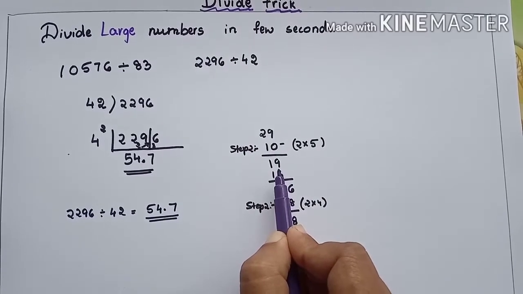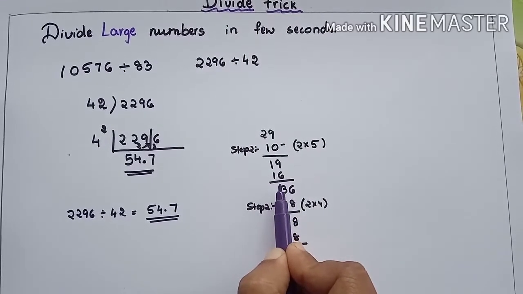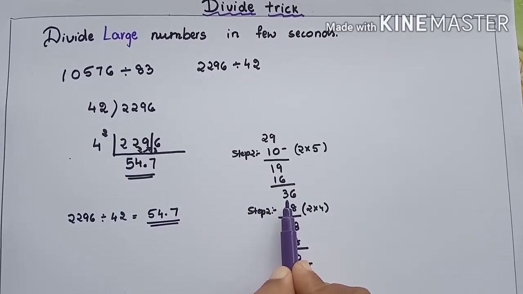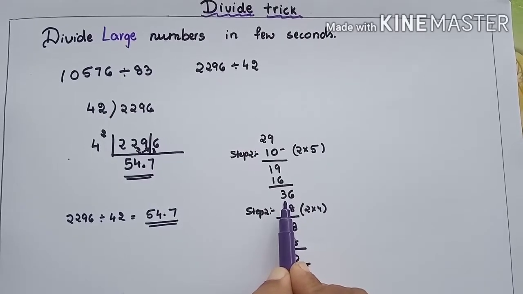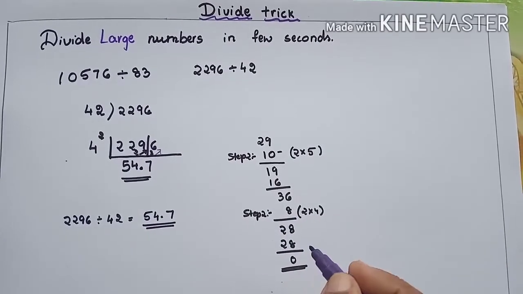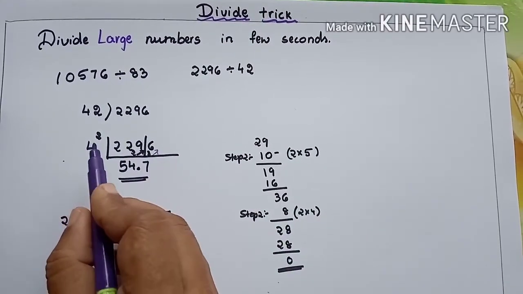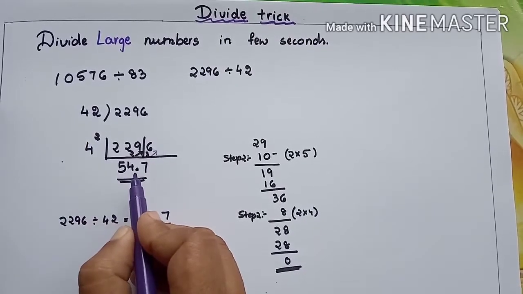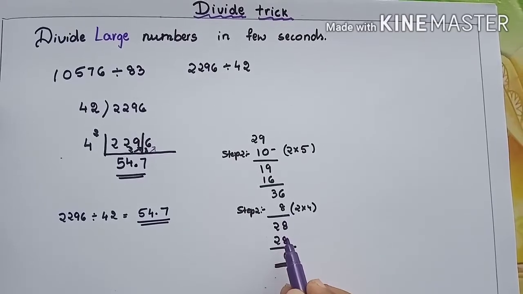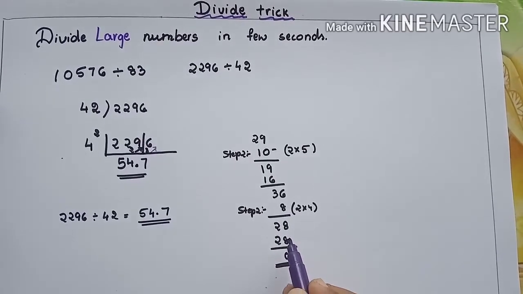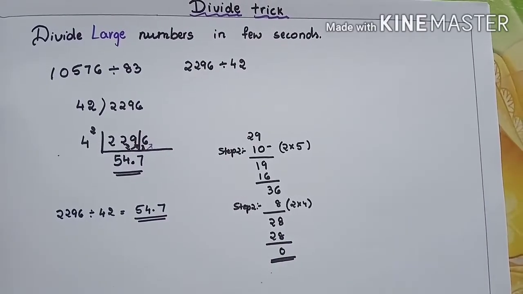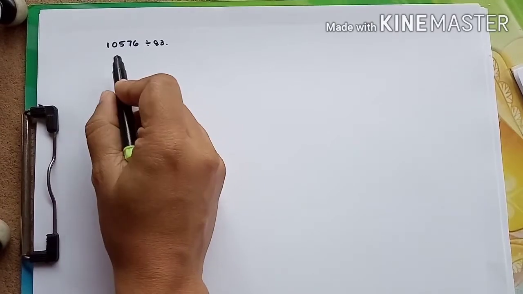22, 2 is the carry over, 29 minus 10 I did, 19 you get, 4 4s are 16 we have written, again 3 is the carry over, 36 we wrote, again step 2 is done, that is the quotient is multiplied by 2. 2 into 4 is 8. After that we subtracted 8 from 36, 28 we got. 28 is divided by 4. 4 7s are 28. And since there was a slash line over there, we added a decimal point.